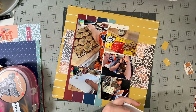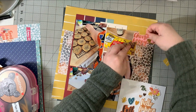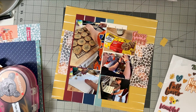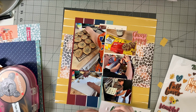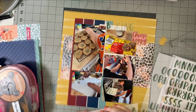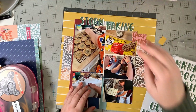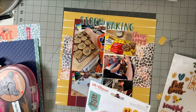I apologize. So I'm going to pull out these word and phrase and icon foam thickers. I'm going to choose the Choose Happy because making cookies is obviously choosing happy, unless of course you're allergic to any portion of what cookies are made with, then I apologize. But for me, it was like, yay, let's make cookies. I'm going to use the thickers that came with this collection for my title, which is Storm